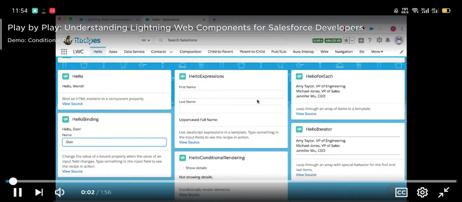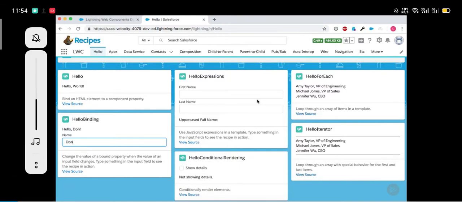The next component that I want to talk about is this conditional rendering one. And we got a sneak preview of it just